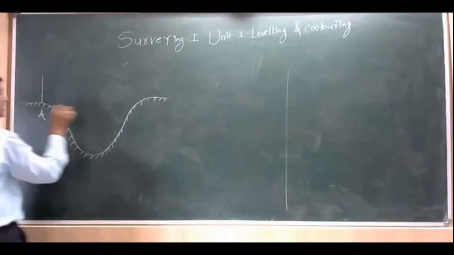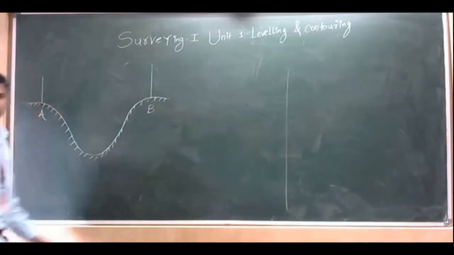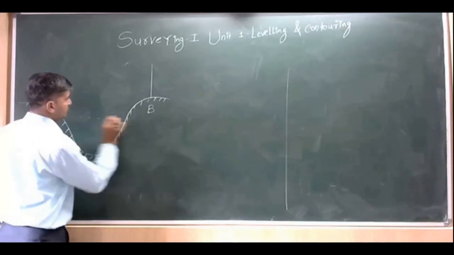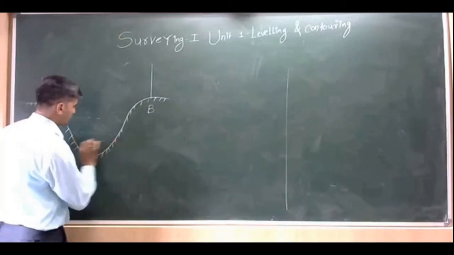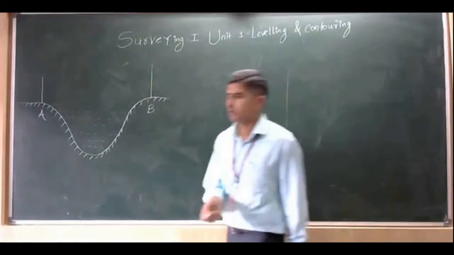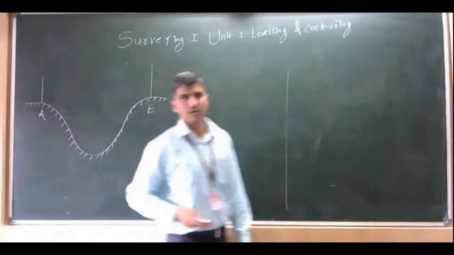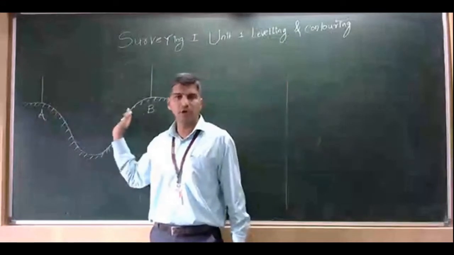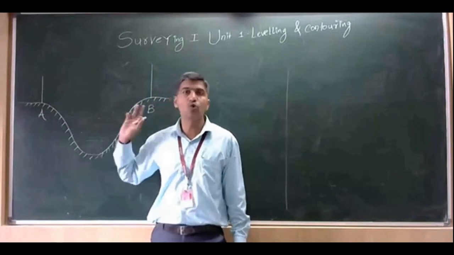Say this is the first point A and say this is the second point B. I assume that in between point A and point B we have a river. Now in this case, how we can go is we are having 2 points. We cannot keep the instrument in between point A and point B as we are having a river. So we have to choose the 2 points